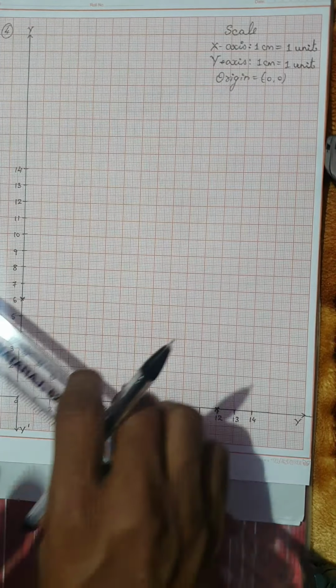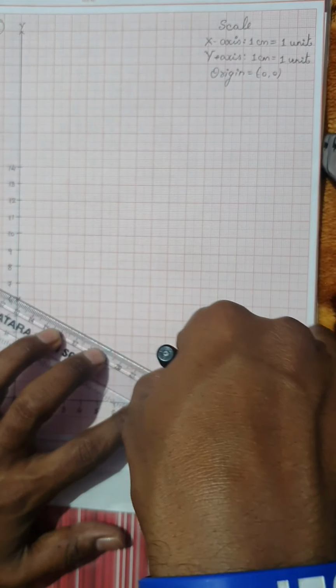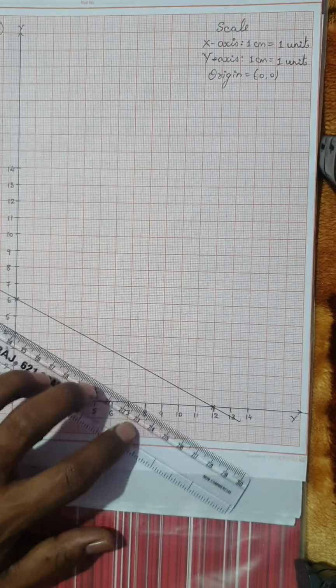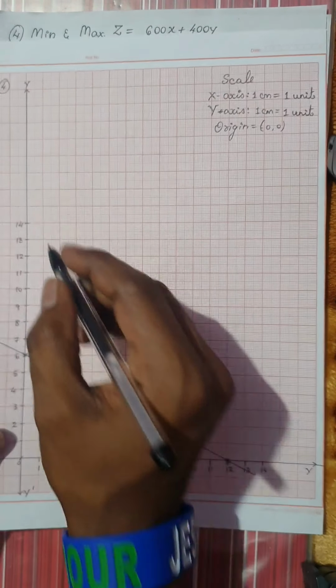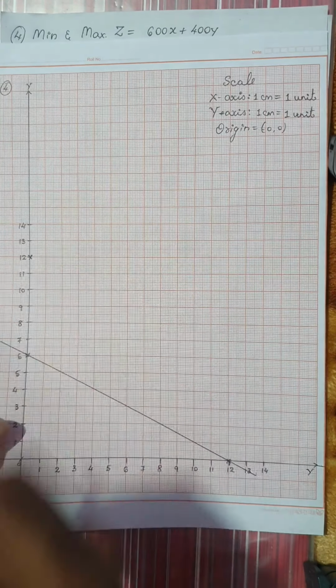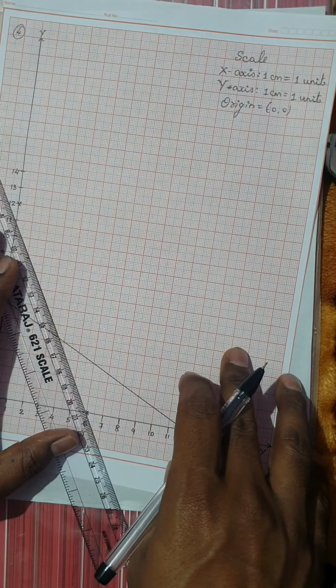Once the points are plotted, let me draw the line neatly. Please be careful. This would be an easy question, but you will have three straight lines here. So one line is ready. Let's go to the second one. The point is 0 comma 12. This is the point C, which is 0 comma 12, and the point D is 6 comma 0. Once the points are ready, let's plot it.